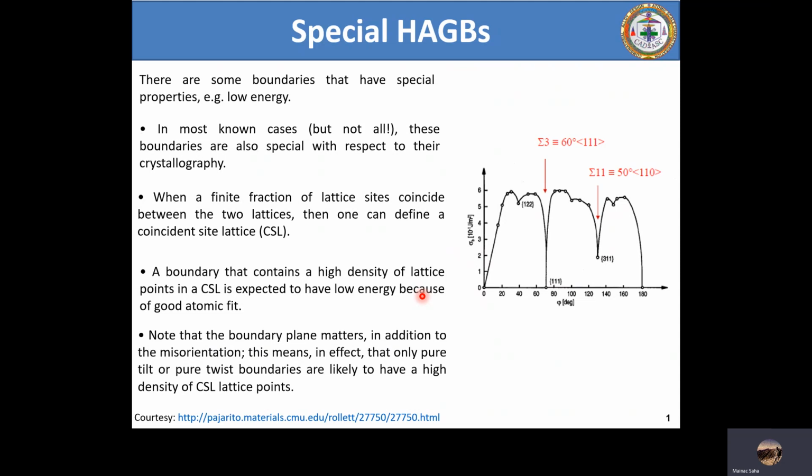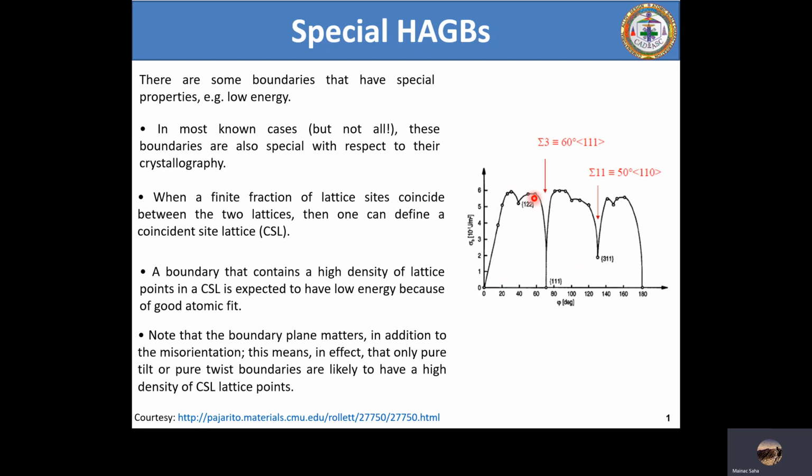So the take-home message from this particular slide is that there are two things. If you look at the low angle boundaries, where the grain boundary energy varies as a function of the grain boundary misorientation angle, one very interesting thing is that when we move beyond 15 degrees, as I told you in the last session, there are certain dips in the grain boundary energy versus misorientation plot, and these dips basically represent the special high angle boundaries which have a low grain boundary energy as compared to the